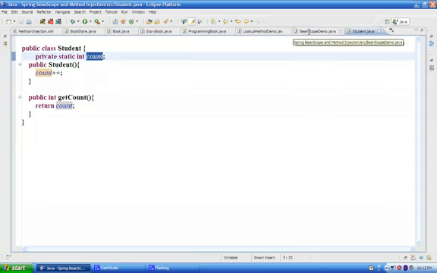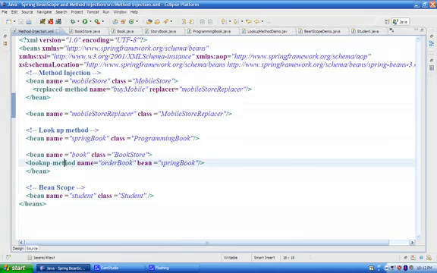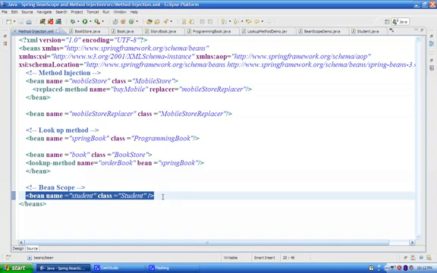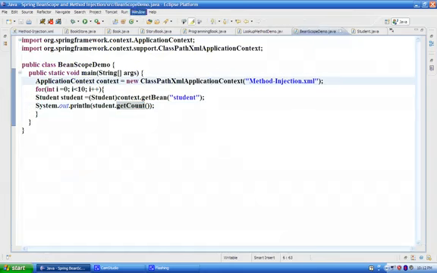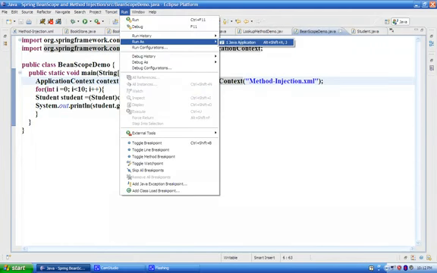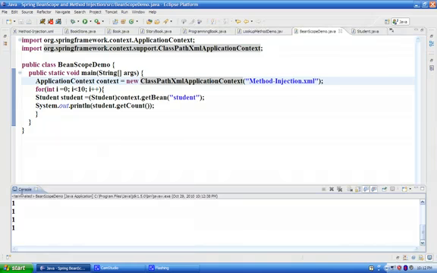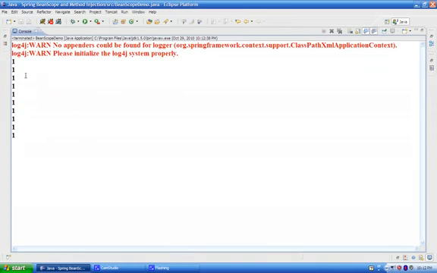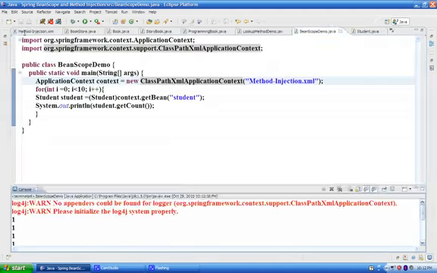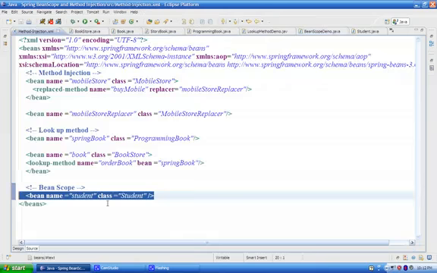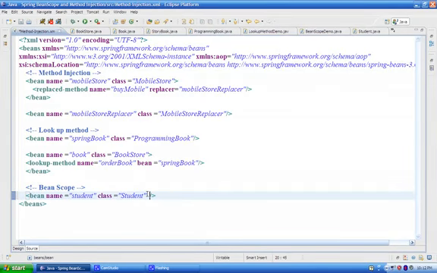And now if you see the scope, I have not defined any scope in the XML, so the default one is the singleton scope. If you run this program, you can see that all the times I get the count as only 1. All the numbers are 1, so that means only one instance is being returned all the times for me. Whereas if you go ahead to define the scope as prototype,